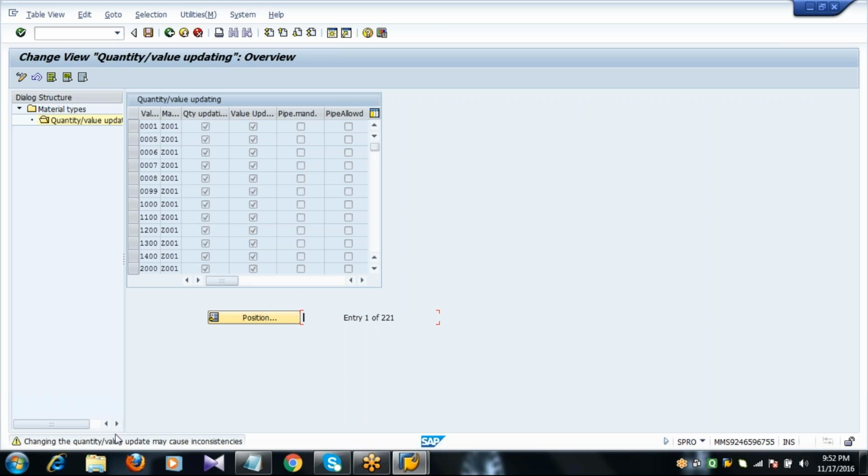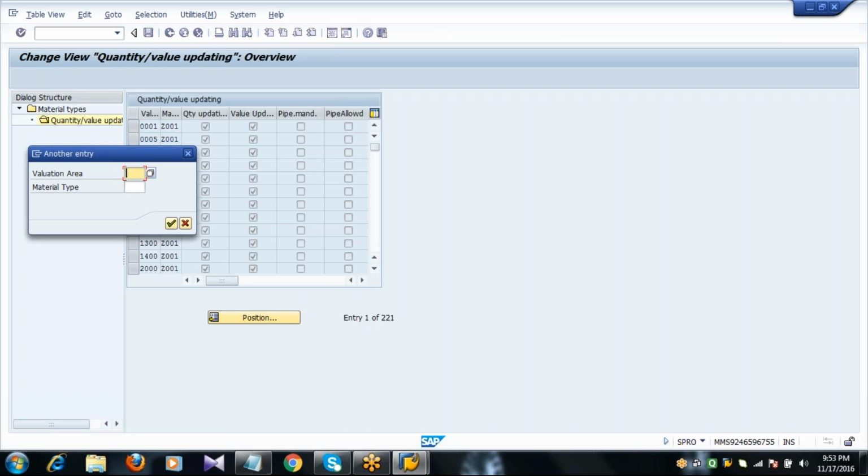If the system displays any messages in yellow color, as I said, the yellow color messages are warning messages. If you press enter, it will skip. Press enter. Enter the valuation area, that is nothing but the plant we created. So I created a plant as 2011 and the material type I created, Z001.